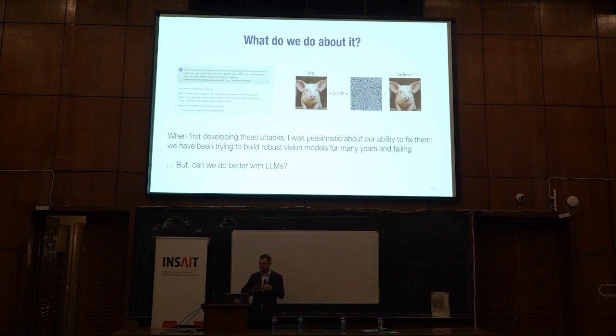It's not to say that we can't build robust models, but again, no one deploys robust models because doing so requires way more time and training. The models are often much smaller. They perform worse, and they aren't even that robust. That's a really bad sales pitch for wanting to deploy a model. It costs more, works worse, and is robust to one scenario that probably is never going to happen in practice. So I was very pessimistic. I didn't think we could do much about this.